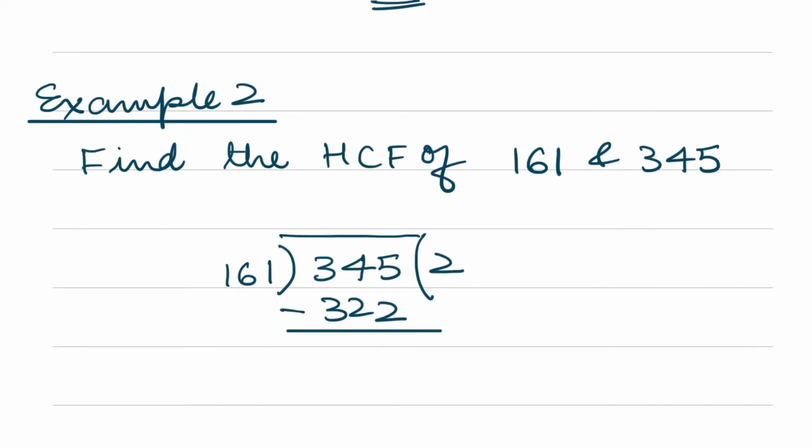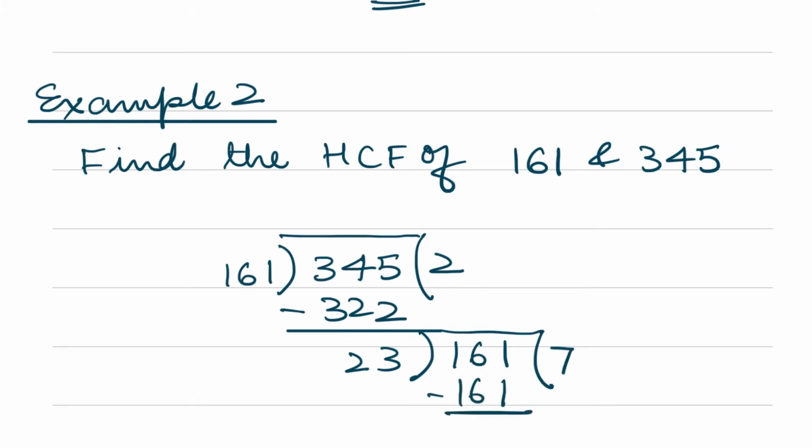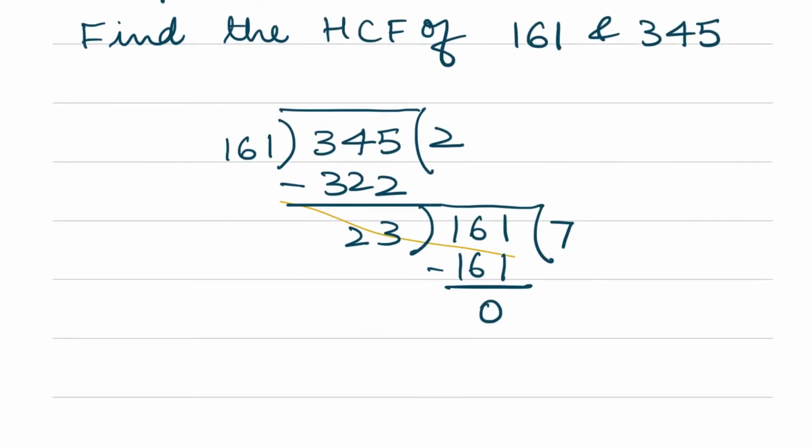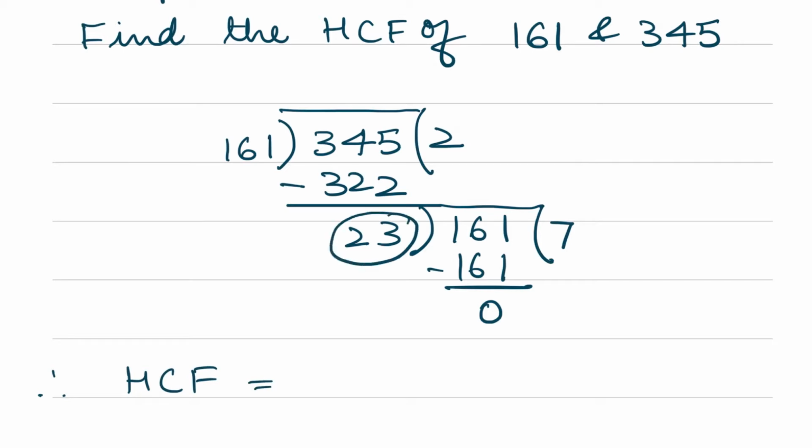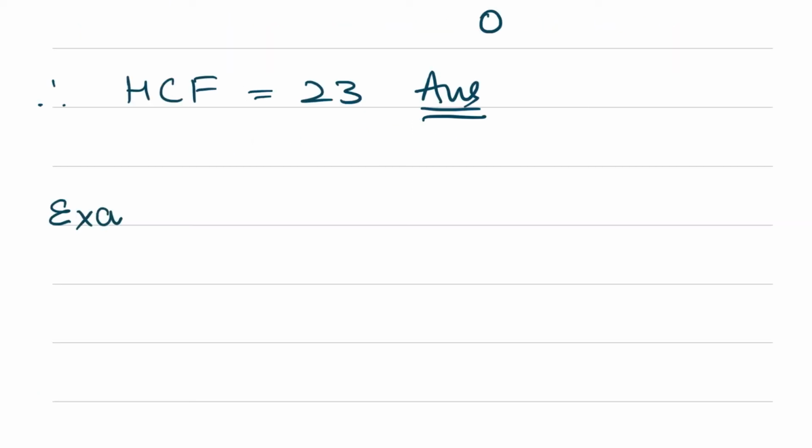We get 23. Now 23 becomes the divisor and the previous divisor 161 becomes the dividend. So now this goes 7 times 161 and we get the remainder as 0. So therefore HCF is equal to the last divisor, which is 23. So that's the answer. Third example,